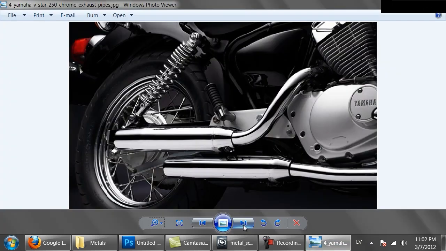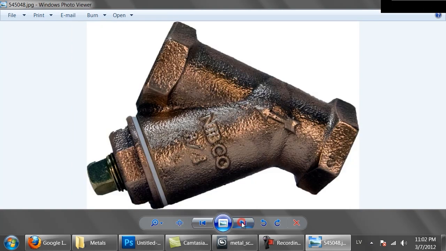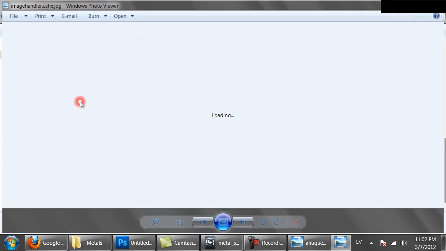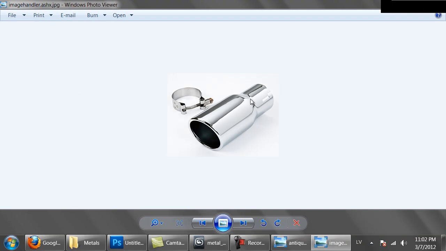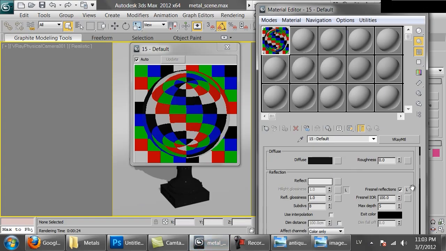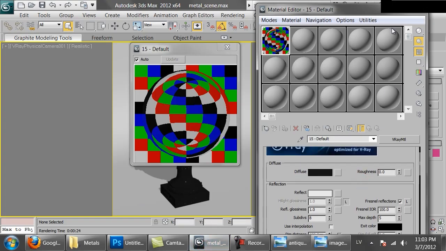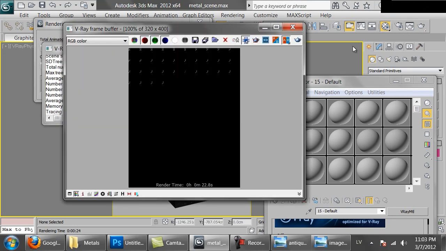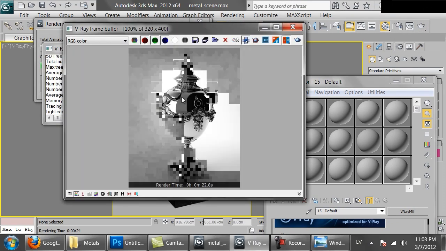Okay, if the surface is very smooth, the reflections are perfectly sharp, almost like a mirror. Here is another photo. Look at the reflections. They're very crisp. So let's see how our material looks right now. So that's a very basic metal material,